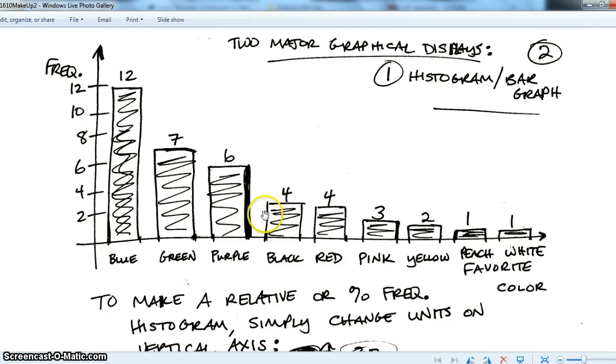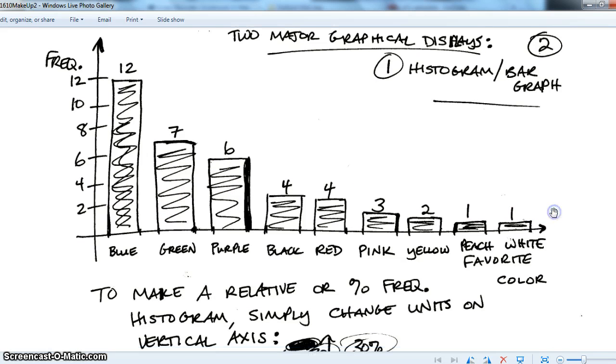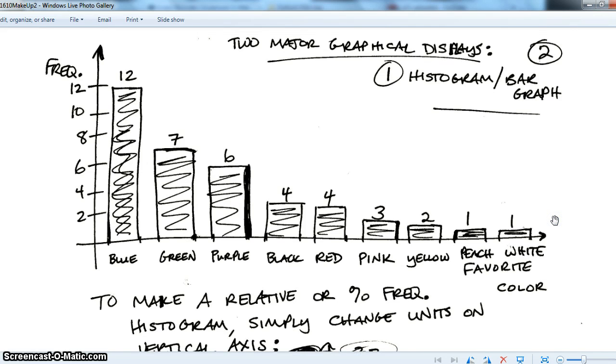Yeah, so a little bit of separation between these two. I also put the frequency above each of these. You don't have to do that. The 12, 7, 6, 4, 4 here. That's optional because it's always possible to take these and look over to the vertical axis and check to see what the frequency is. Now, to make a relative or percent frequency histogram, there's only a couple of very minor